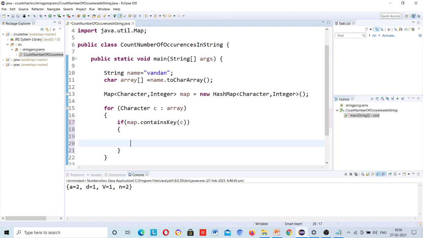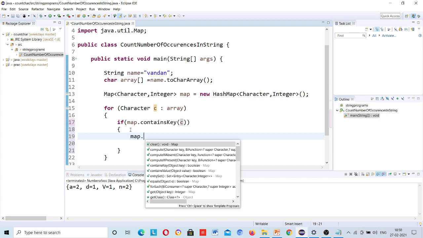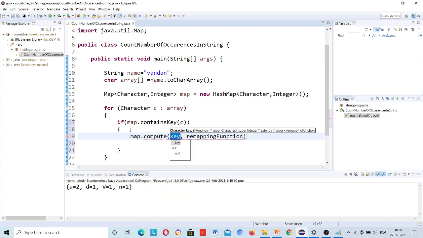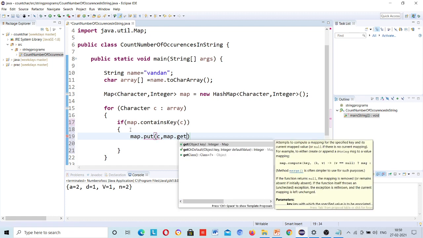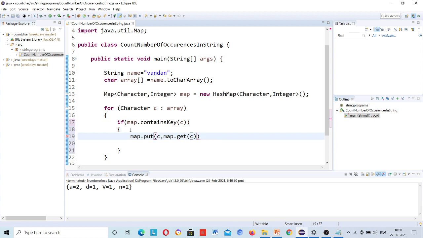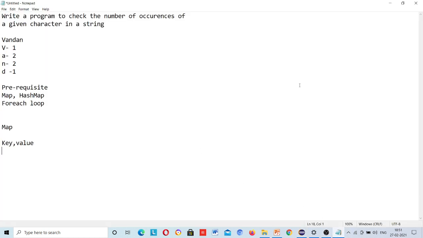if there will be a key inside C, just let me write it, map dot put method will be used, C comma map dot get key C plus 1. Let me explain it for you. So what it will do, if there will be a key, let me come to here,